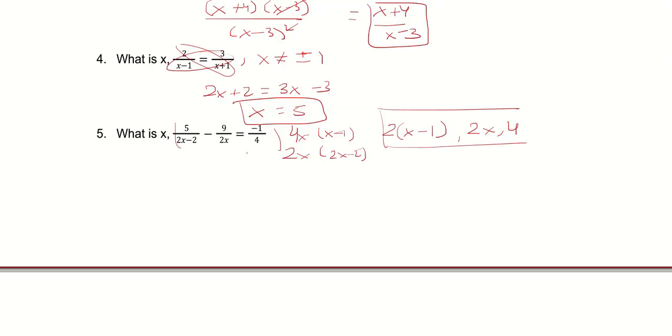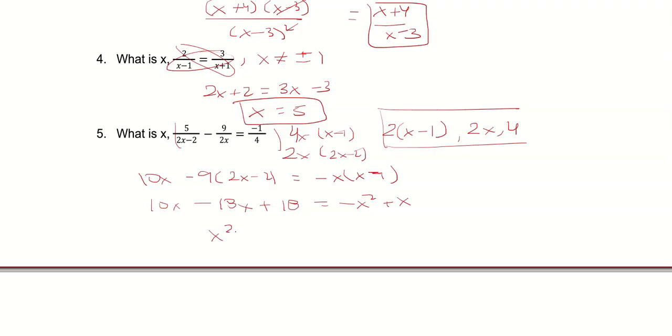Either the top or the bottom. So either way, you get 5 times 2x in the first one. 9 times 2x minus 2 is negative x parentheses x minus 1. So it's 10x minus 18x plus 18 equals negative x squared plus